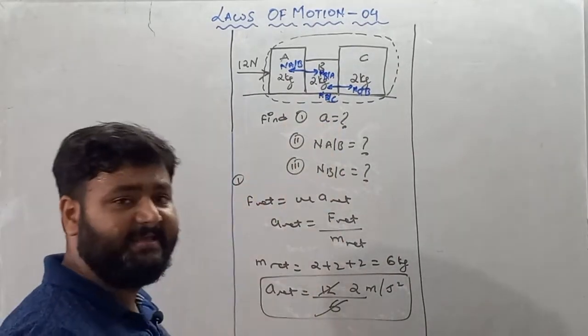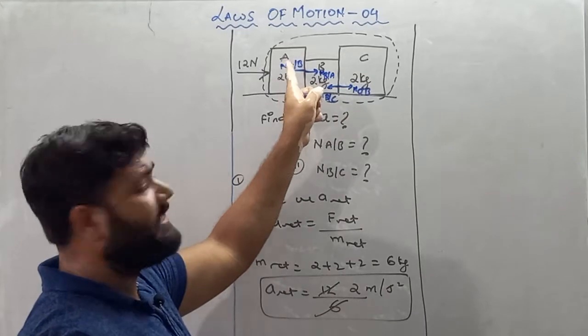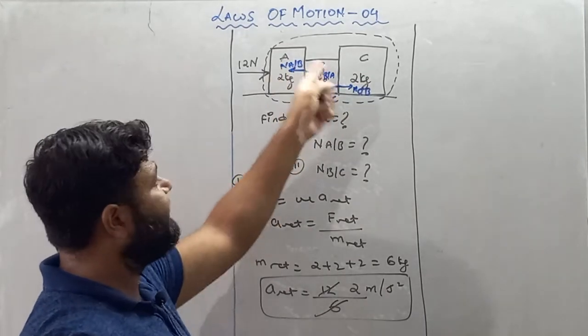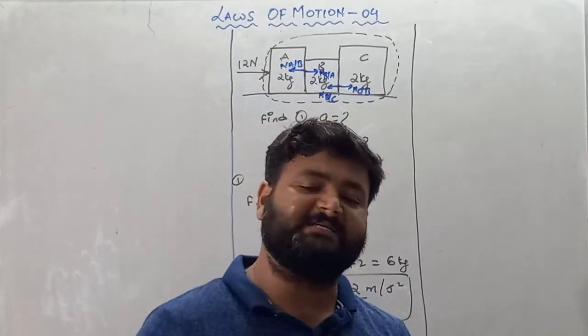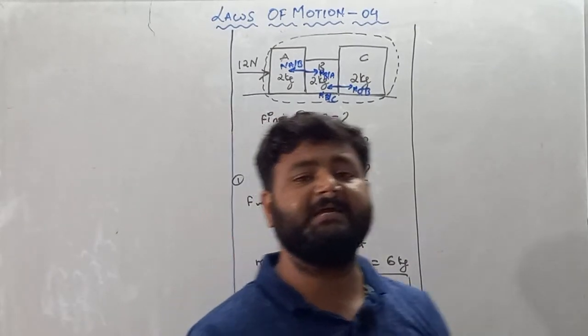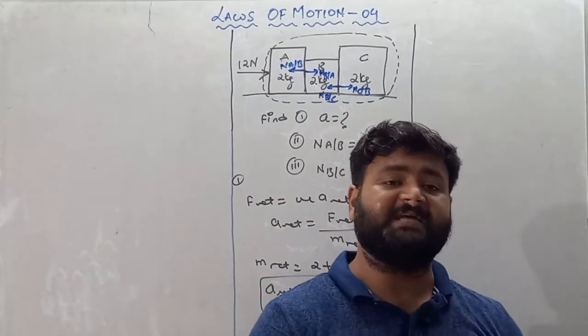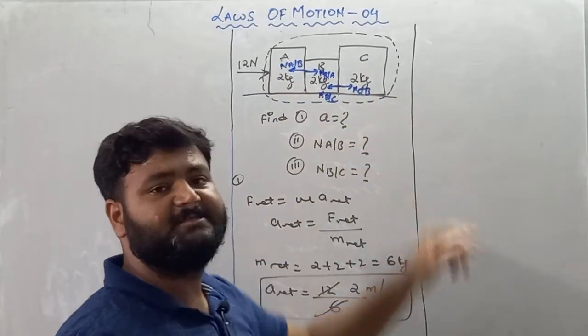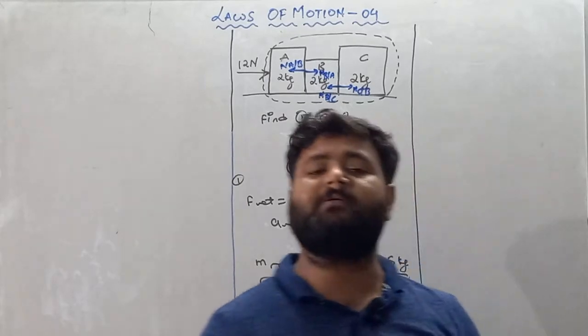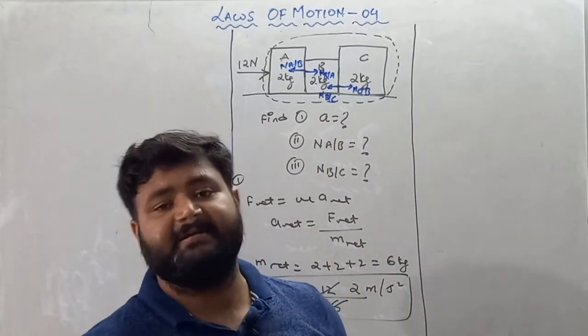Every action has an equal and opposite reaction. This philosophy is acting here. If B applies a normal force on A, then it is obvious that A also applies a normal force on B. Their magnitudes are equal, but their directions are opposite. This is basically what the third law of motion says: if B acts on A, then A also reacts on B with equal magnitude but opposite direction.